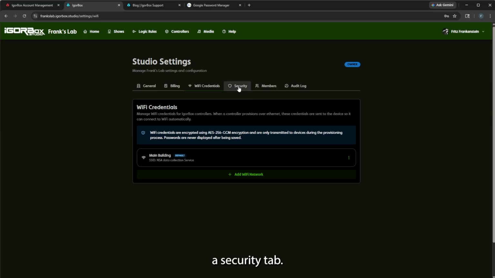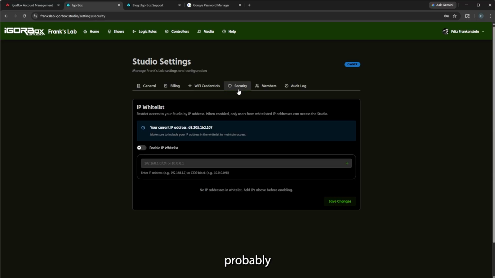The next tab is a security tab. This tab probably 99.9% of people are not going to need or use, but we do provide the ability to whitelist IP addresses to your studio. Some of the bigger enterprises out there,